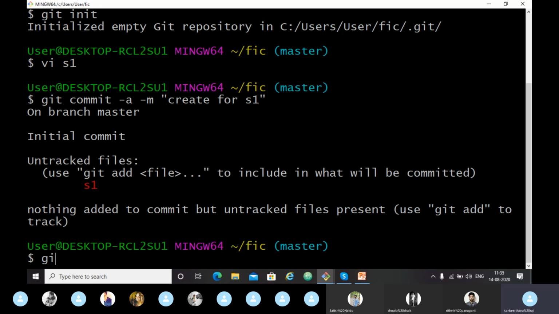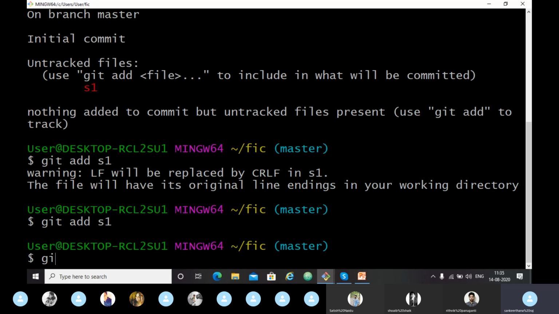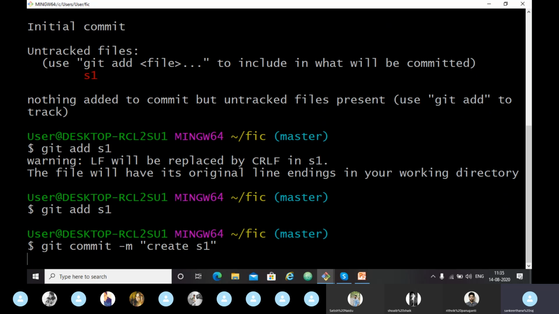Okay, this is the initial commit, so that command won't be useful. Yeah, we have committed it.